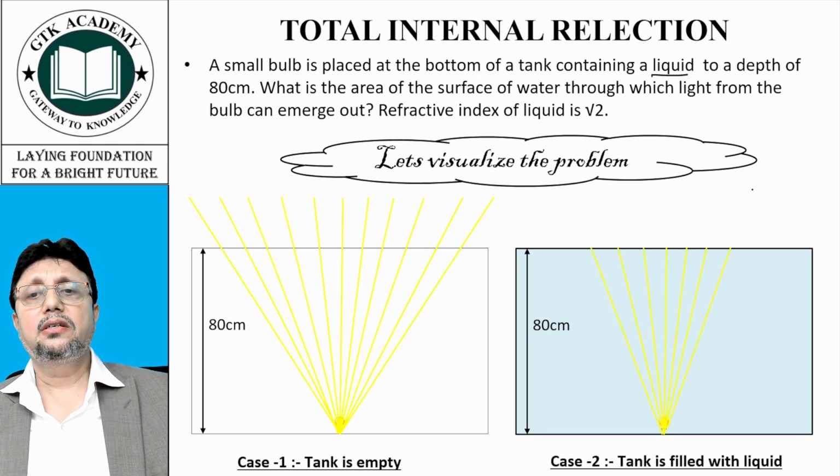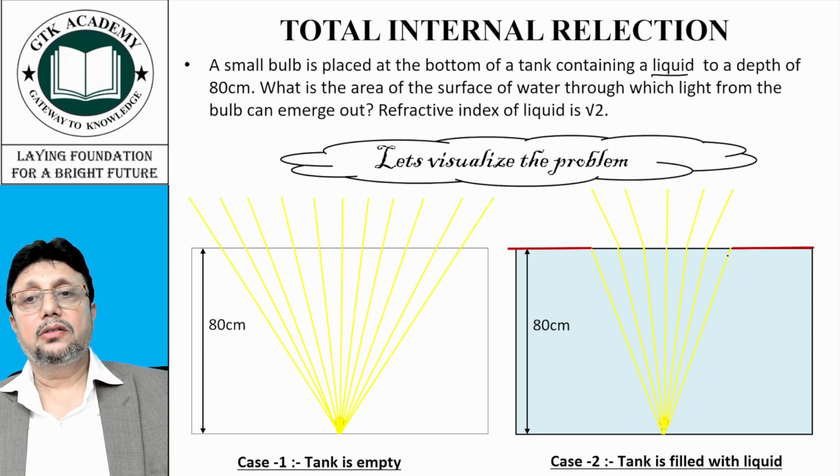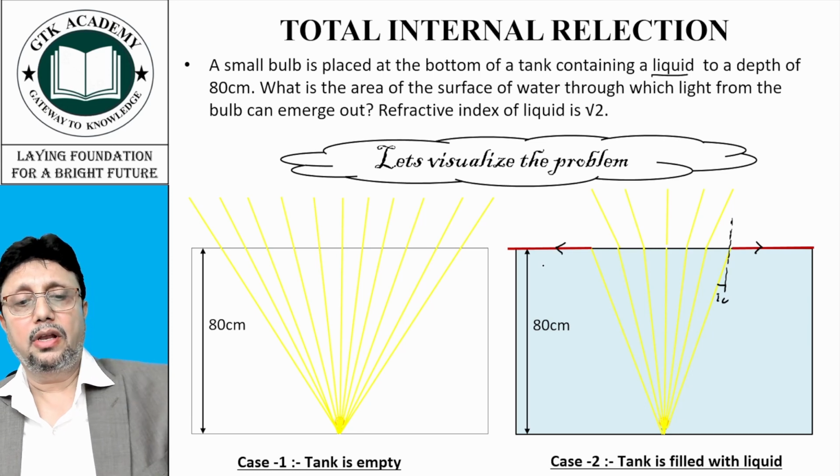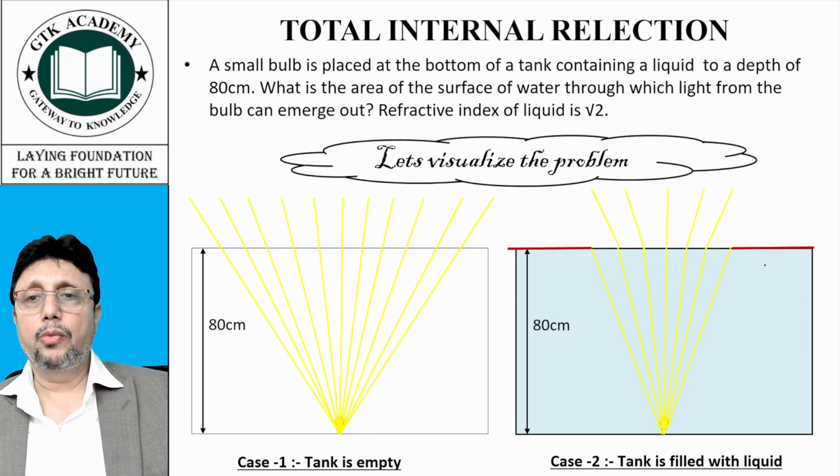Some of the rays which are coming from denser to rarer will come out, will bend away from the normal and come out like this. And some rays where they just reach the critical angle, this is IC, will just graze on the surface like the ray on the right and the ray on the left, which I have shown in brown color.